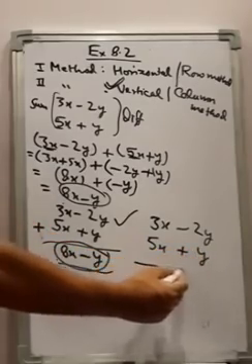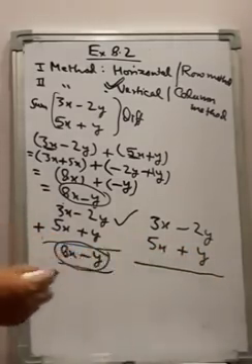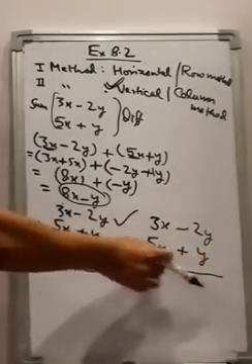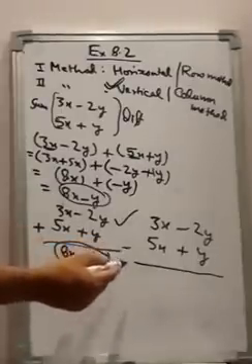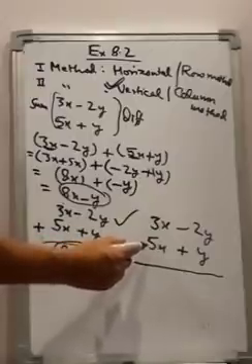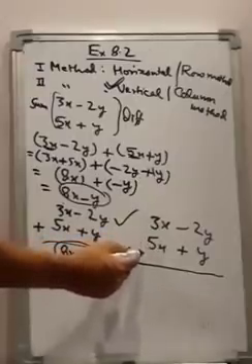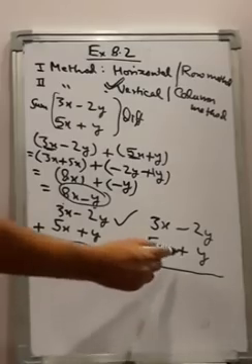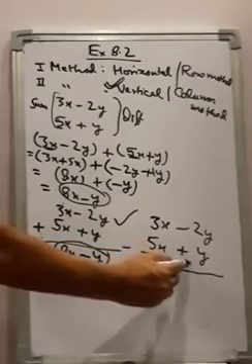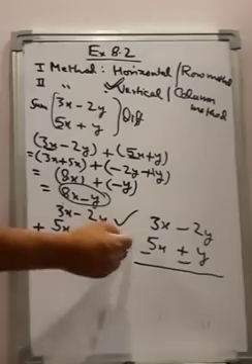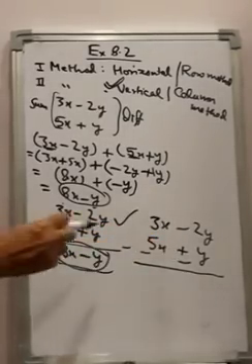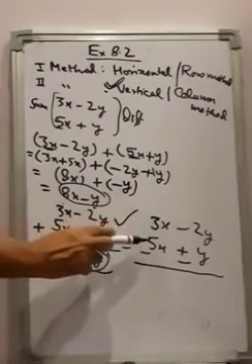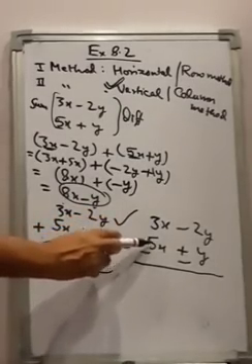Now leave one line and draw this line. Leave one line space for changing the sign. Actually in subtraction, since we are going to subtract, we are going to change the sign of the lower row. So here which sign is it? It is plus. It will change to minus. Here which sign is it? Plus. It will change to minus. Now these old signs you have to ignore. Now these are the new signs of the lower row, right? So while calculating, you will calculate like this: 3, not plus 5, 3 minus 5.